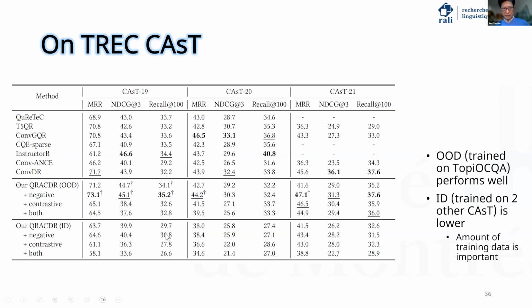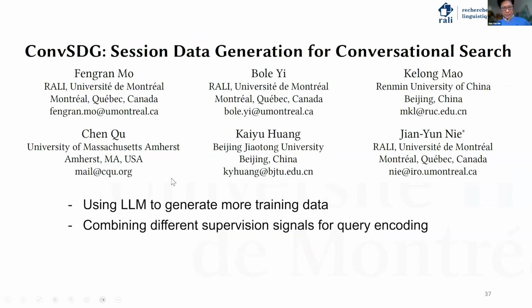So using a limited amount of training data, it is insufficient to fine-tune the query encoder. So we have to increase the amount of training data. And this will lead to my last part of the talk, which is trying to help generating more training data